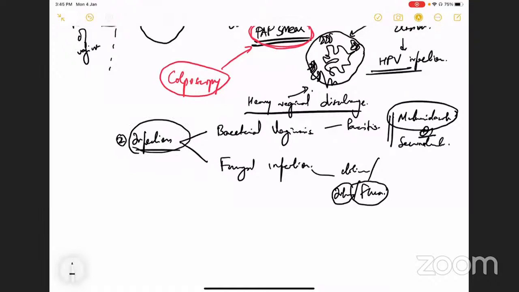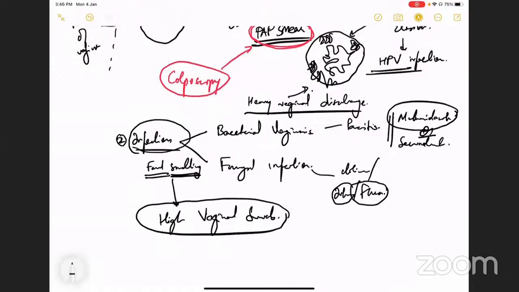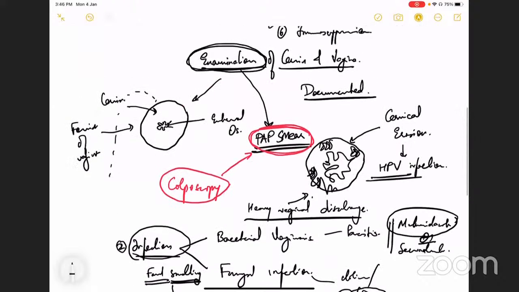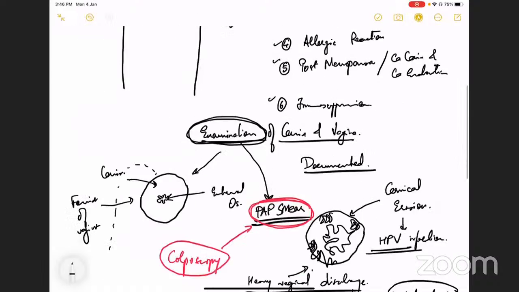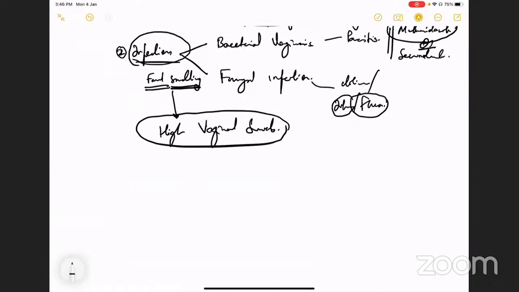But again, as a family physician, the first thing you should remember is that when you are suspecting an infection, which is predominantly going to be characterized with a foul smelling discharge, at that time, one of the most important things that you should be doing is you should be taking a high vaginal swab. Okay, I believe none of you do this. I believe this is not a common practice, and the commonest excuse which people make is, "Arey, patient nahi sunta hai, sir. Patient does not want to do this." So that is not the right answer. A high vaginal swab should be taken from the fornicial aspect, both the fornices, and it should be sent for culture, and you should treat the patient accordingly. There is absolutely no other manner in treating the patient.